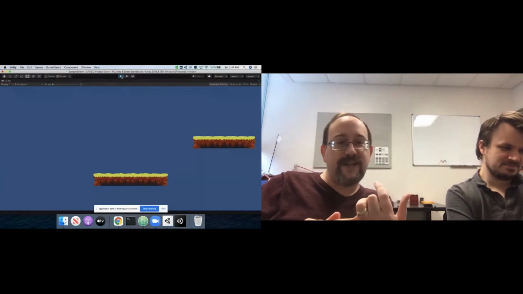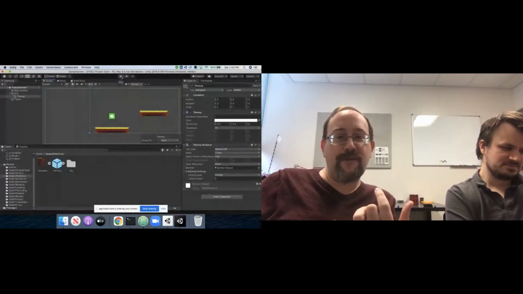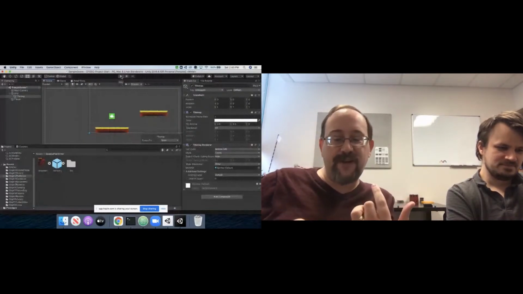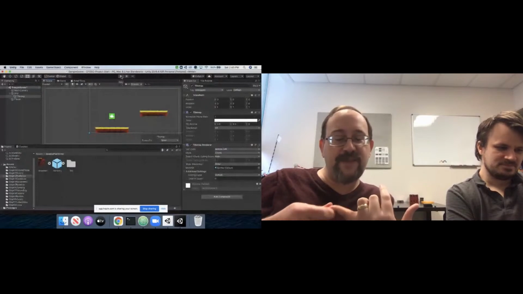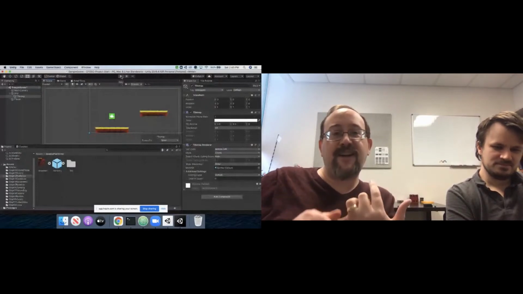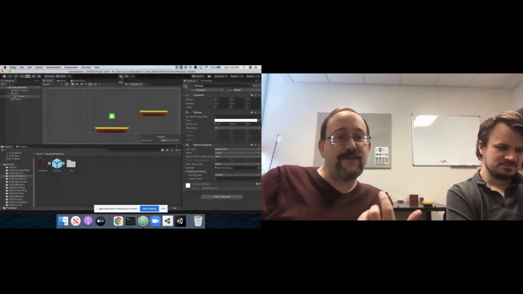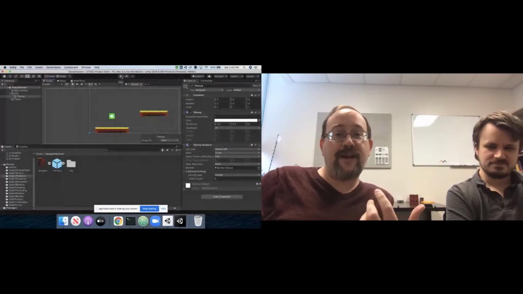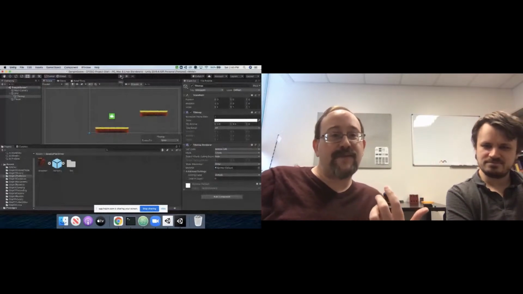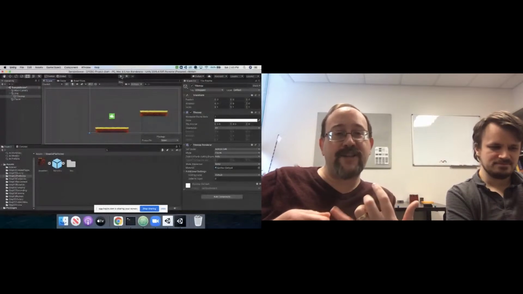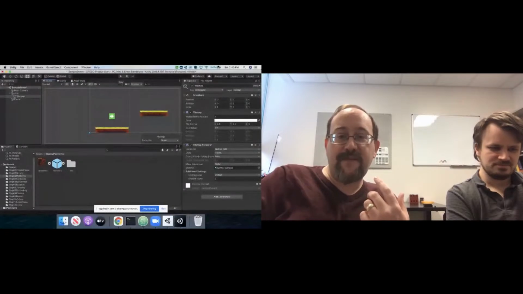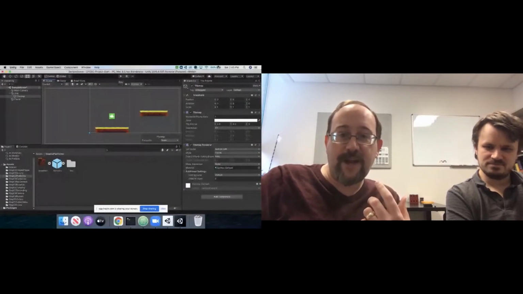So it would also be nice if when our player was on a platform, they would not fall through it, but instead stop. In order to accomplish this, we need another kind of component, another one that is built into Unity, because virtually all types of games need this. We need some way to detect collisions between objects. To do so, we're going to add a collider component to both our platforms and our player. There are a variety of different types of colliders, and we want to choose the type that matches the shape of the object that we're dealing with. So our tile map is going to have a component added to it called a tile map collider